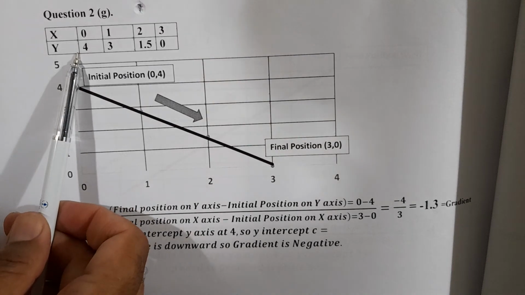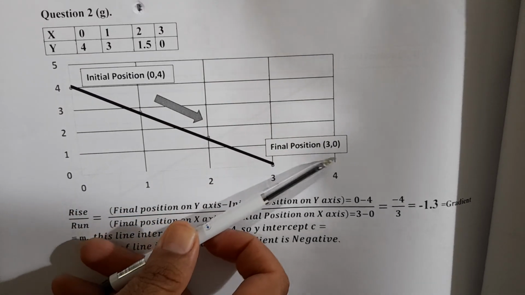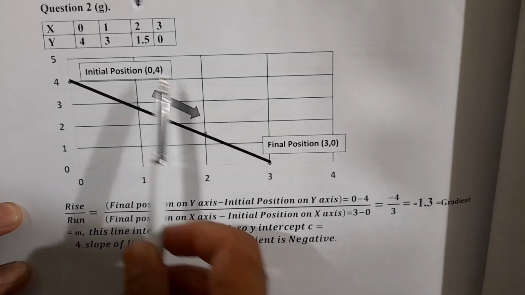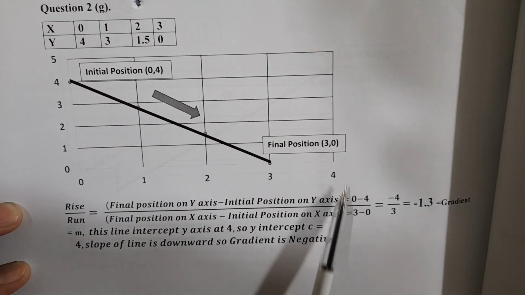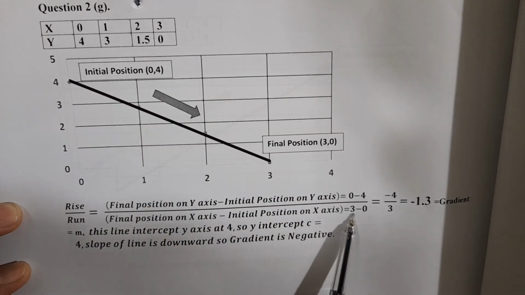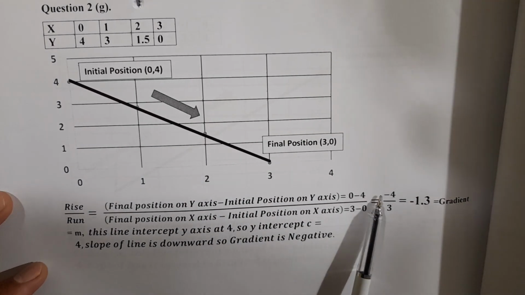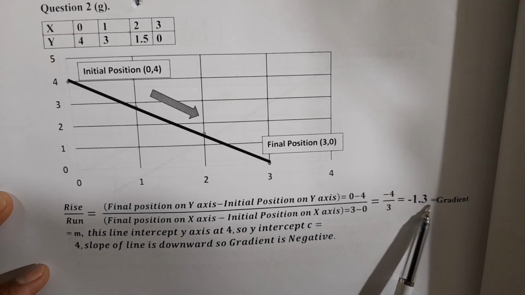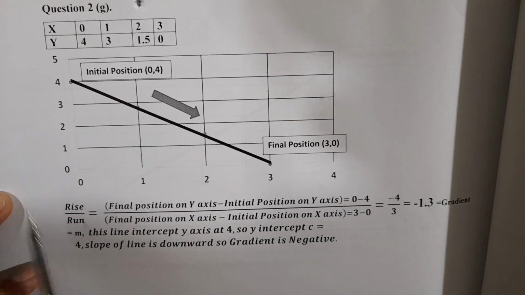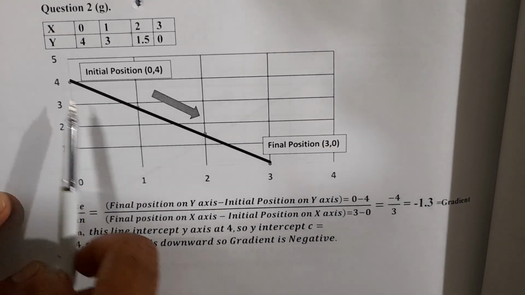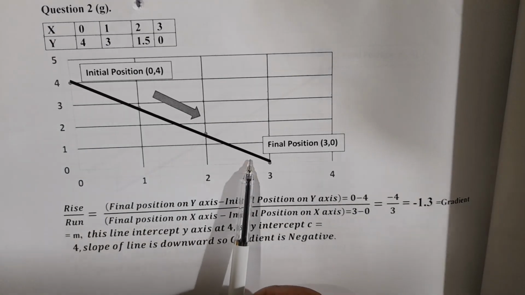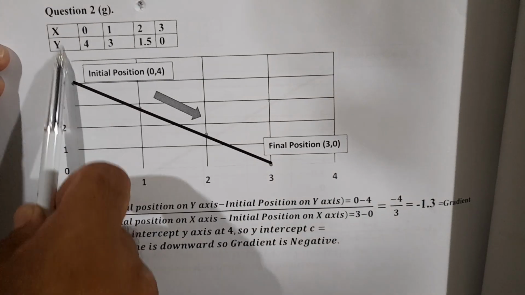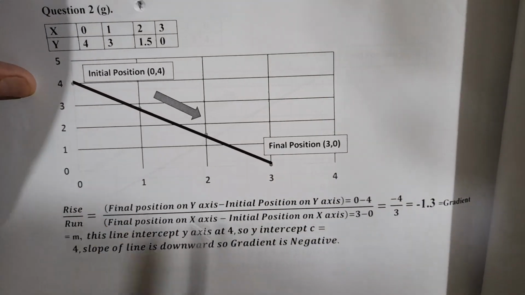Now we're moving toward question number 2, part G. Initial position 0 and 4 and final position 3 and 0. So rise divided by run is gradient. So 0 minus 4 on the y-axis and 3 minus 0 on the x-axis. So 0 minus 4 is minus 4, 3 minus 0 is 3. So minus 4 divided by 3 is minus 1.3. So the gradient or m is minus 1.3. The slope of the line is downward, so the gradient is negative. This is the y-axis, and this line intercepts at 4. So the y-intercept c is